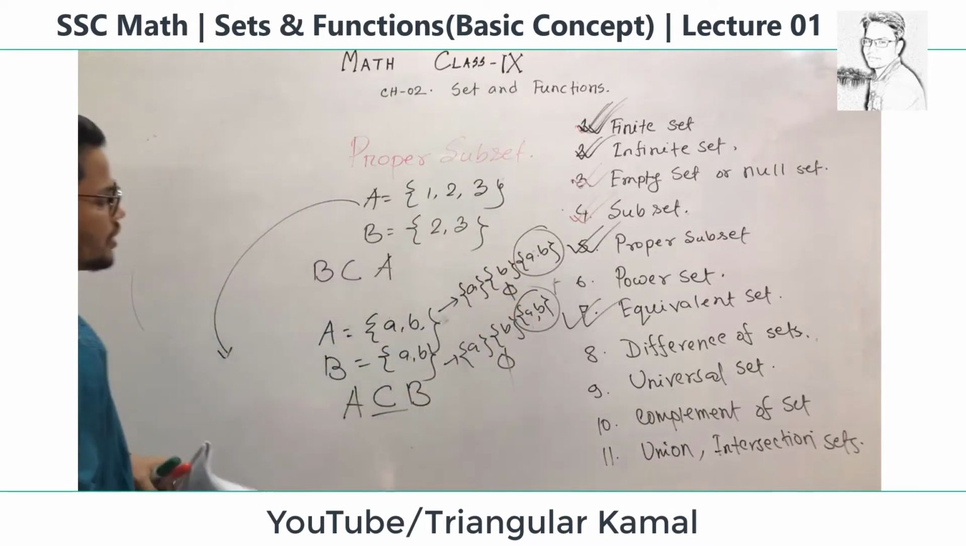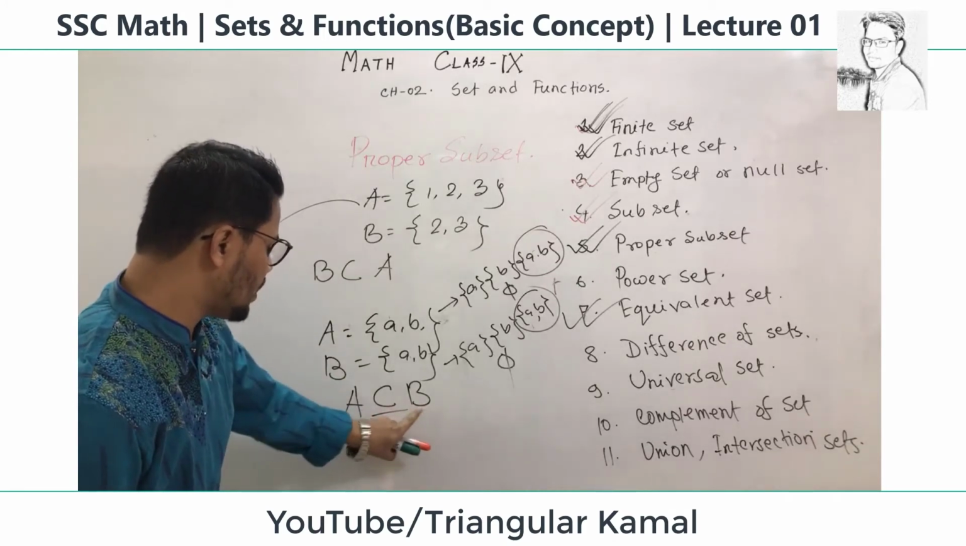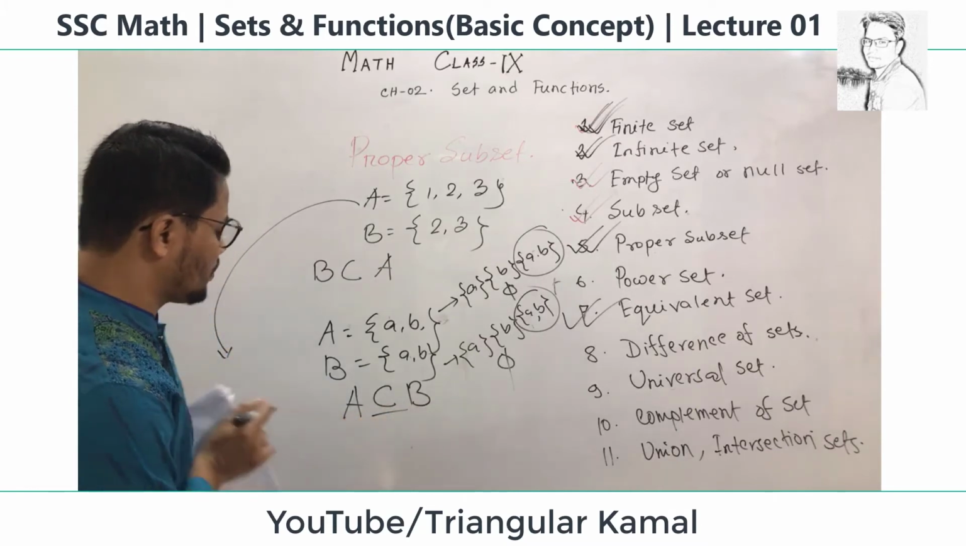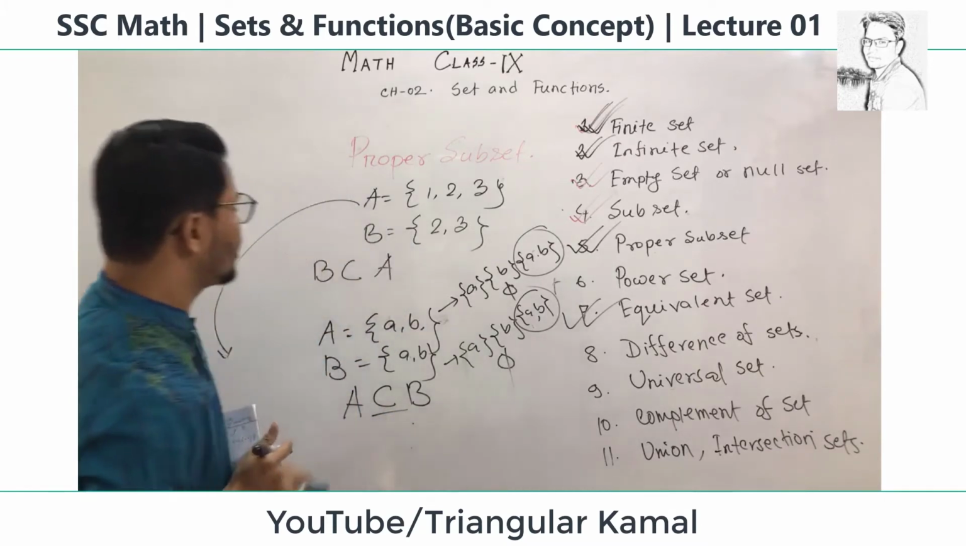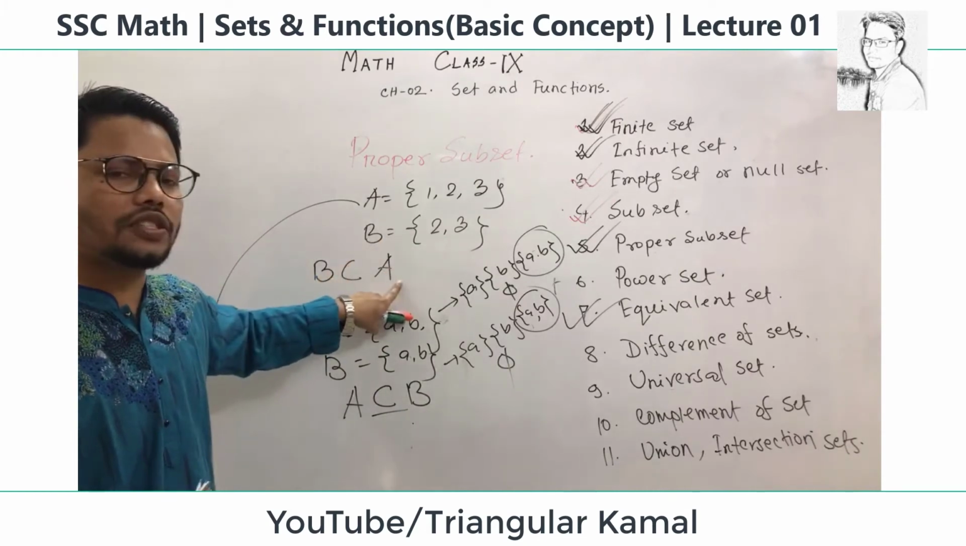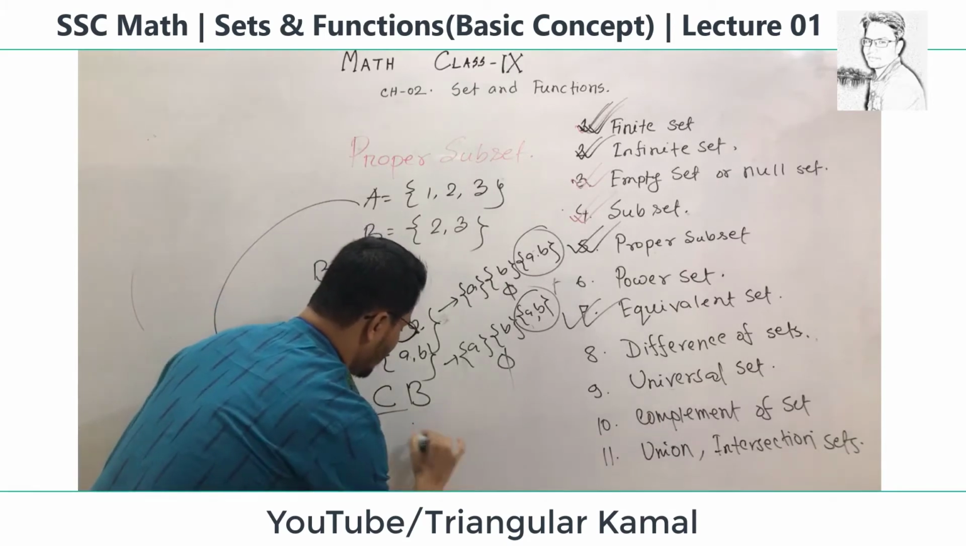So we can use this symbol: A is a subset of B, or A is equal to B. In this case this is called subset. This is not proper subset. Proper subset should be smaller. This one is smaller than this one. They are not the same in elements. So this is